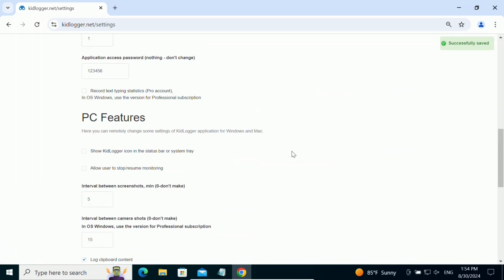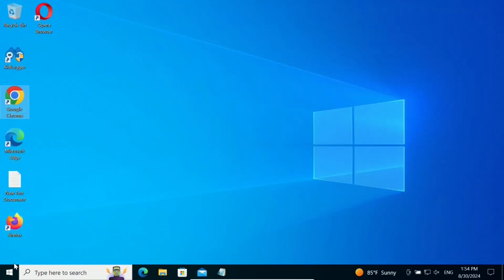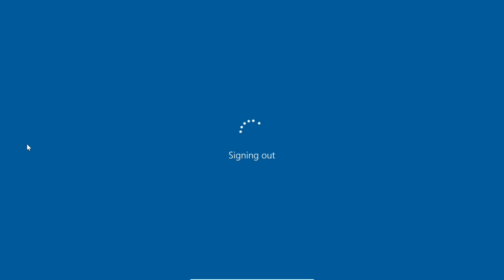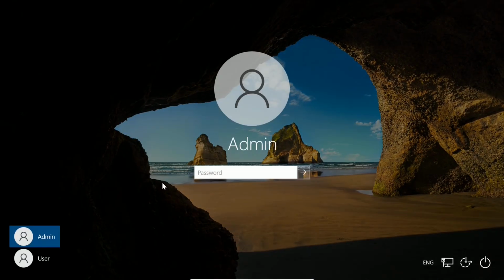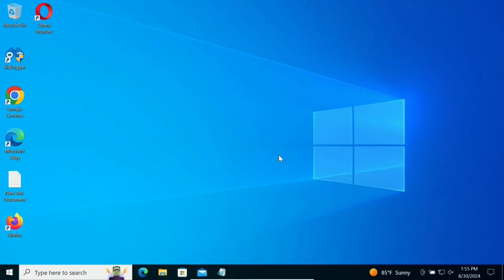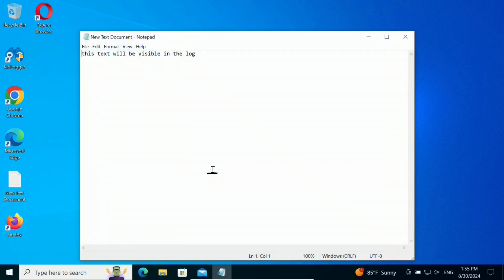To apply these settings, you need to restart or log off and log in back. Now, you can write some text that should not be visible in the log file.